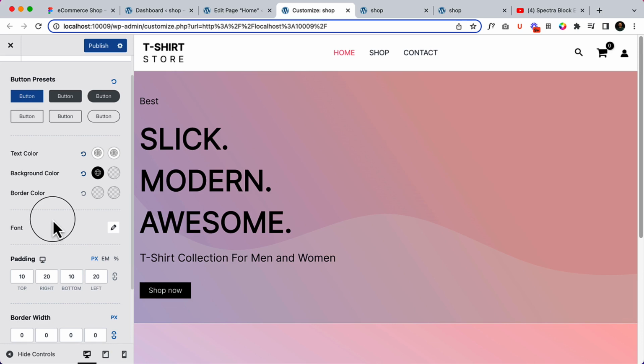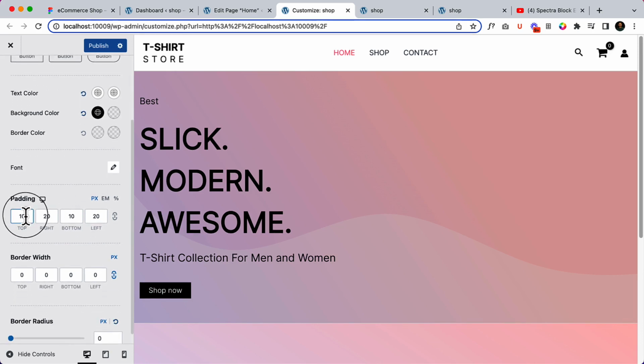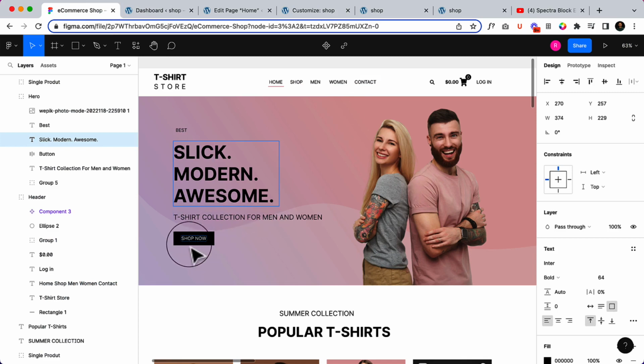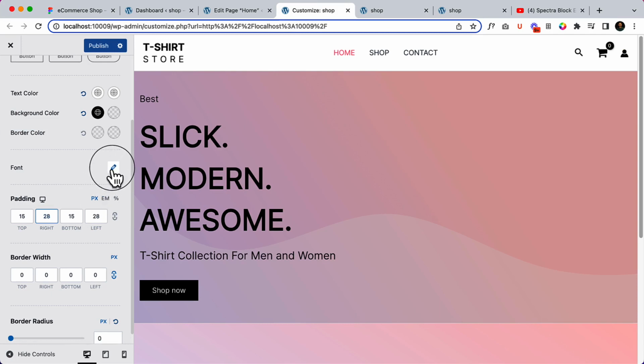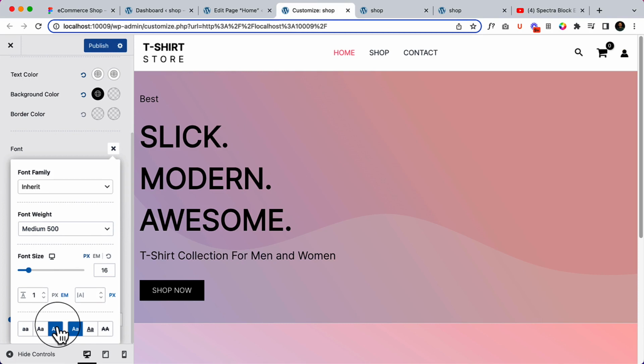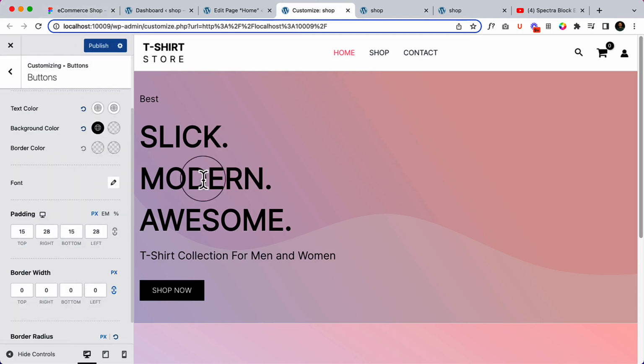It looks perfect now, and let's add some padding. Top 15 pixel and the bottom should be 15, left 28, right should be 28 pixel. Compared to the design, we just have to add the button typography to uppercase from font. Let's make it to uppercase. And also I would add some padding bottom and top later on. Let's click publish